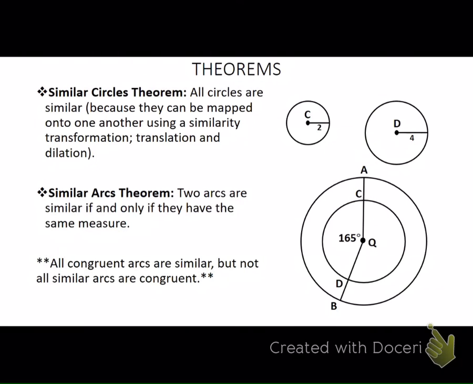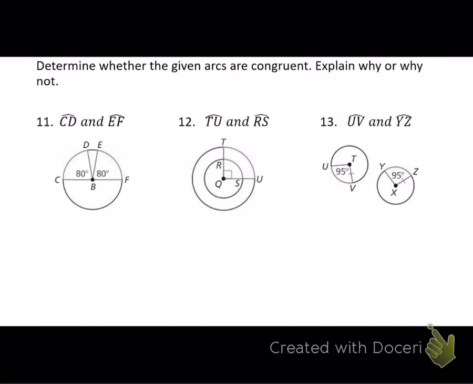Did I miss something? Oh, I forgot to go back. This was it, right? Okay. Determine whether the given arcs are congruent, and we're going to explain why. Is CD and EF congruent? When you're saying that, we're asking if they're the same distance, not the same measure. Do you guys hear the difference there? A length versus a measure. So the lengths are the same